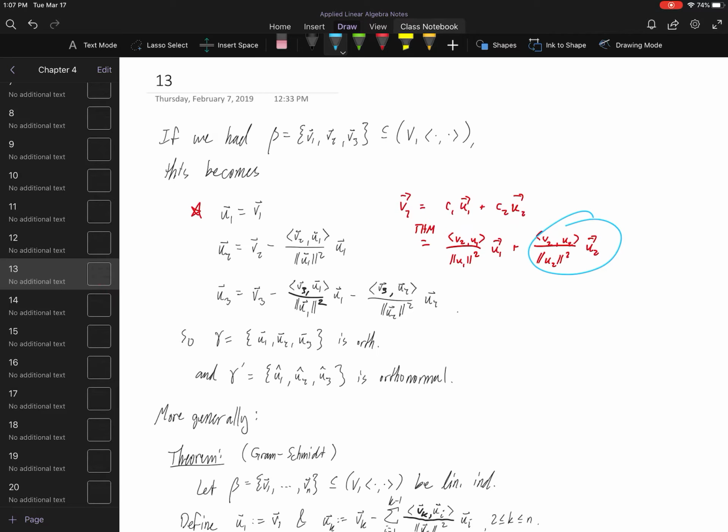Which means that the vector I want here, this U2 multiple, I want this, but I only know these two quantities, 1 and 2, right? So what I have to do here is take the difference. So this would imply that V2